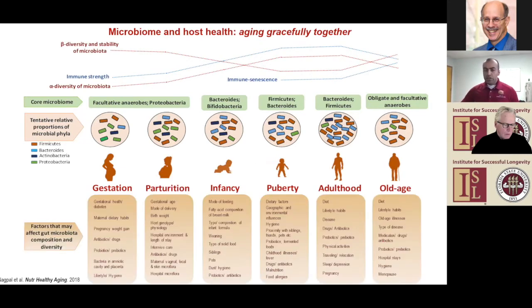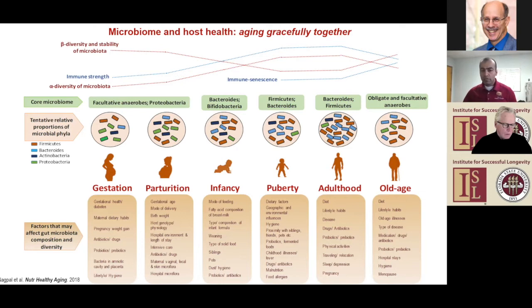So this is a very crowded slide, illustrating how our microbiome is altered during different stages of lifespan. My research has clearly shown that our microbiome is very different when we are born, during the gestation stage, and during the first 3 months to 3 years of life. And this tends to be very different compared to the microbiome in children and adults. And then in old people, the microbiome again changes drastically, especially after 60 to 65 years of age.